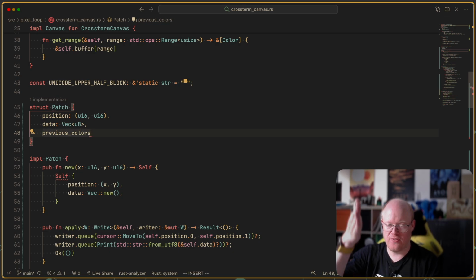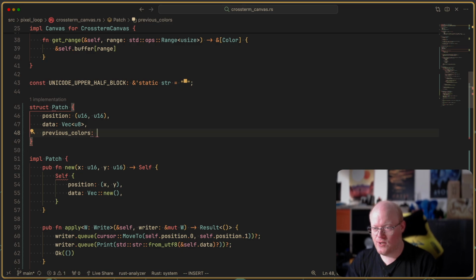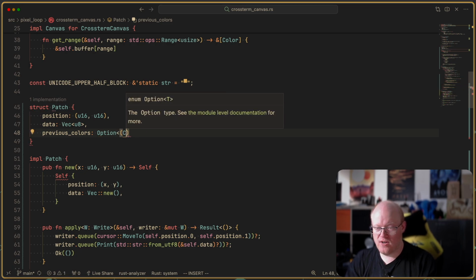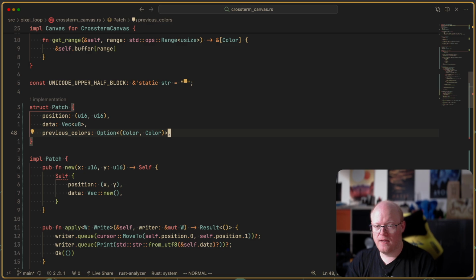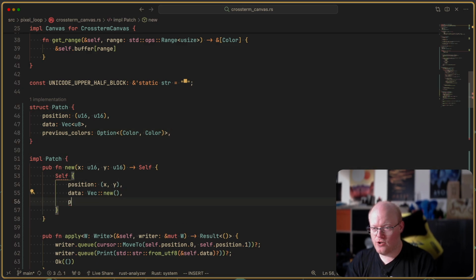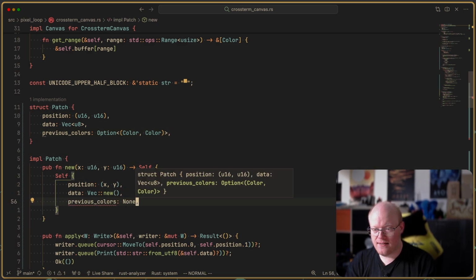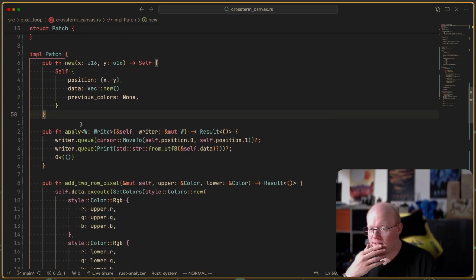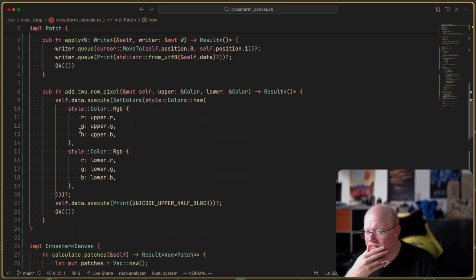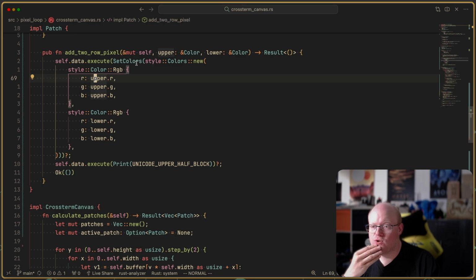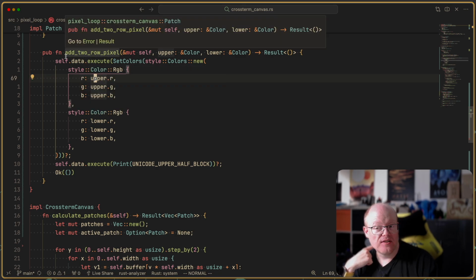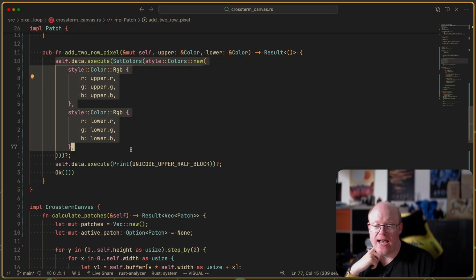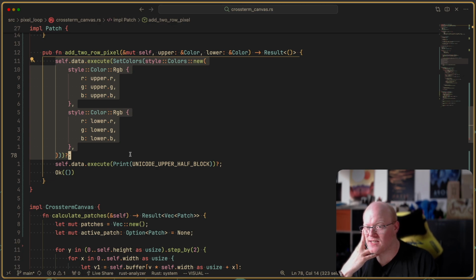It's both pixels on top of each other. So I guess this would be an option of 2 colors. Yeah, I guess so. So yeah, let's actually quickly do this. Previous colors is none, and now when we are actually adding the two row pixel, we need to only add this color information here,